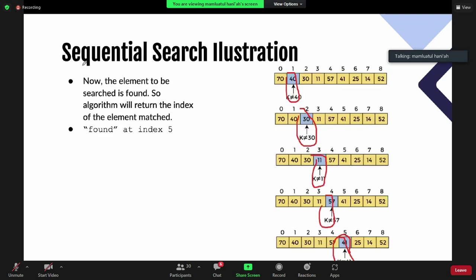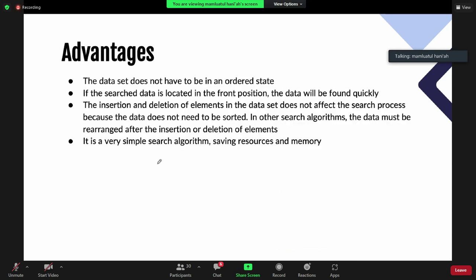You can see your data is not ordered, not sorted. In some algorithms such as binary search, you need your data to be sorted first. If the searched data is located in the front position, maybe in the first element, the data will be found quickly.